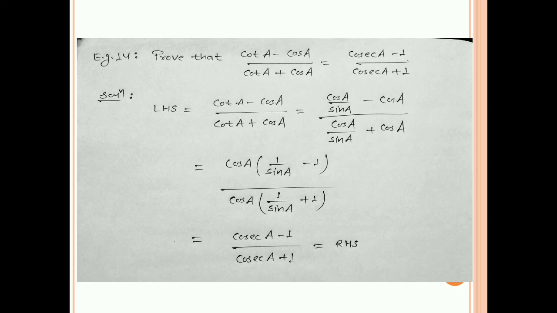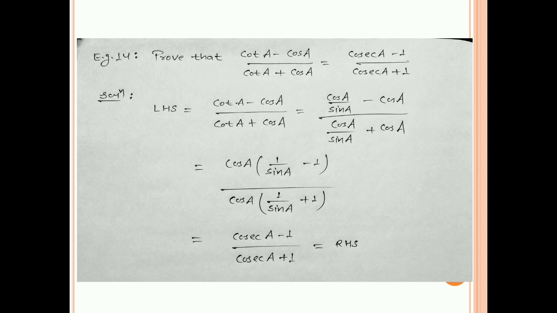So let's take our LHS. It is (cot A minus cos A) upon (cot A plus cos A). Cot A we can write as cos A upon sin A, so cos A upon sin A minus cos A in the numerator, and cos A upon sin A plus cos A in the denominator. If we take cos A as common from the numerator and denominator, then we will get,